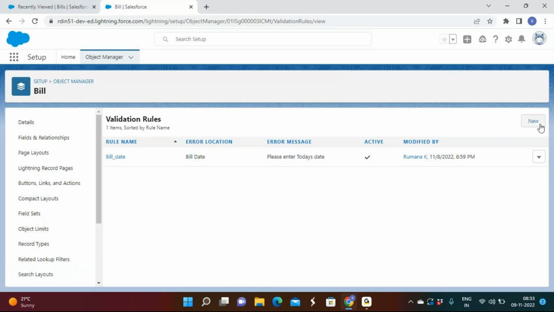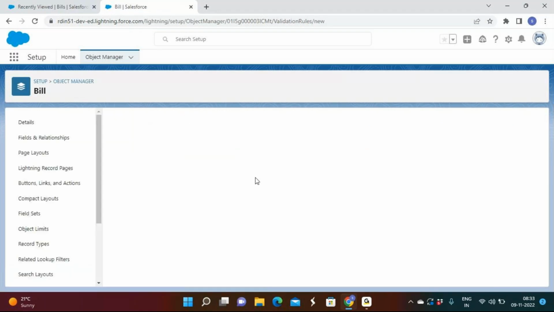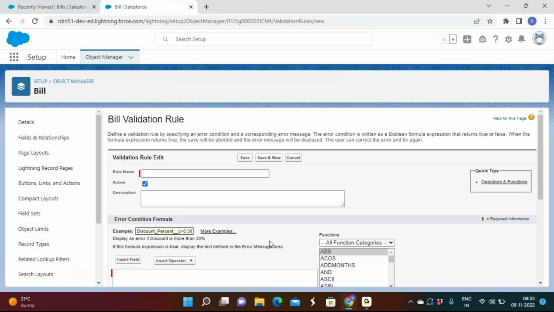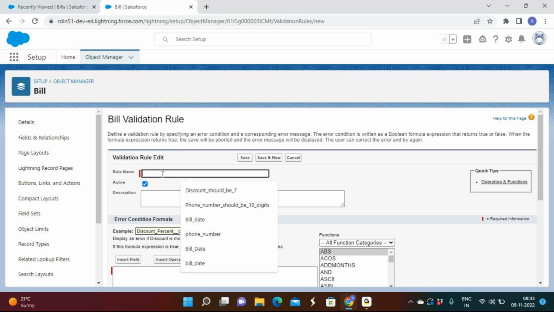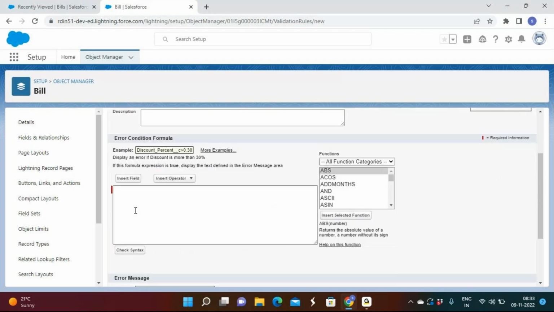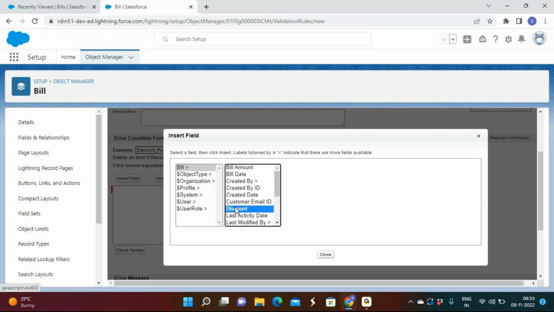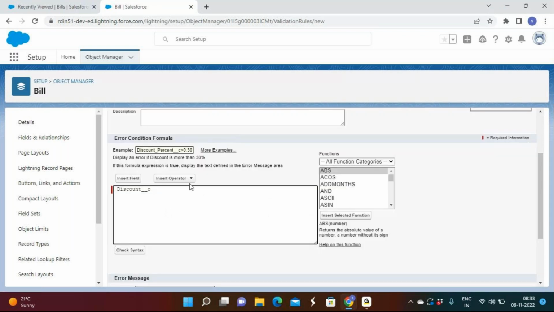Click new. I'll say discount should be 7%. So you can insert the field called discount. If the discount is greater than,